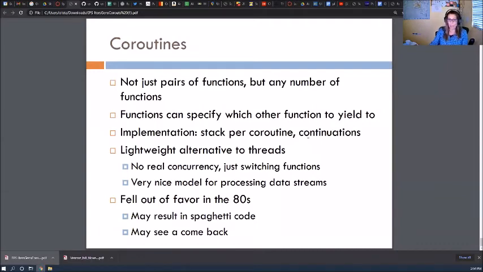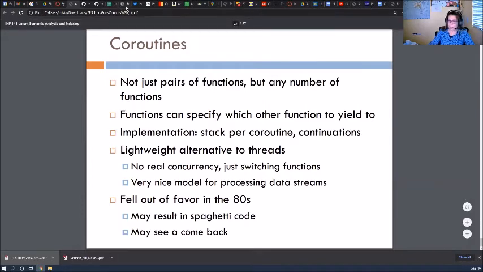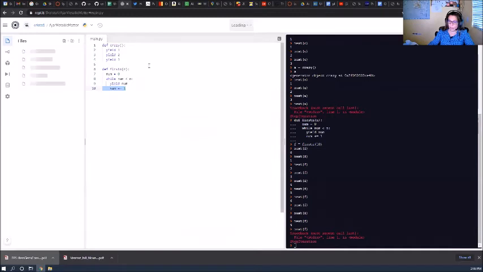Basically, they do a very lightweight version of threads that are not threads, they are coroutines, the functions that stick around. And so Lua is a very good example of a scripting language that took this old idea of coroutines that had fallen into disuse, and made it a success in the Unreal Engine. So coroutines are definitely coming back. So let me see. I have an example. I wanted to talk about something else also. So that's the idea of coroutines.